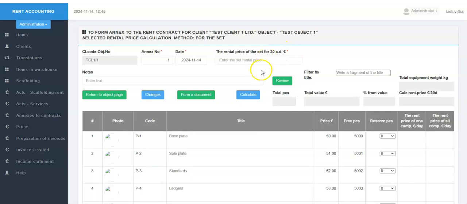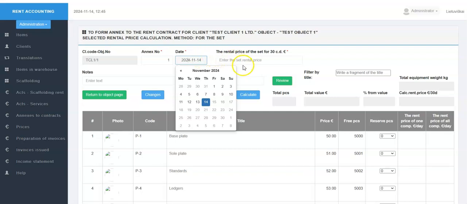And the fields in which data is recorded immediately or after the calculation operation and cannot be changed by the user have a gray background. In the Annex Number field, the program records the number of the contract annex that follows the existing one for this client object, and in the Date field, the date of today. If necessary, we can change these data.